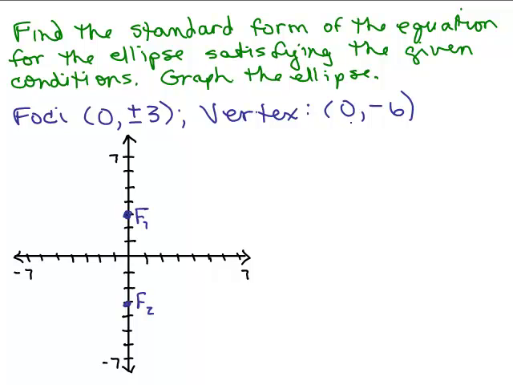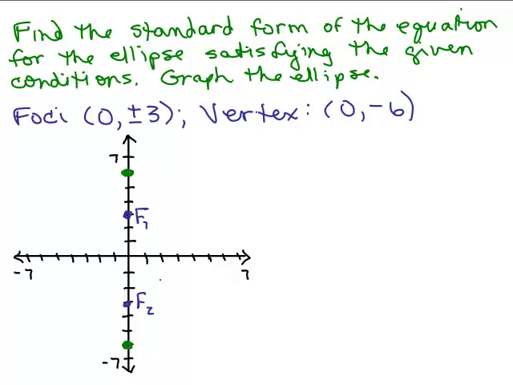And actually we know the vertex, one of them is 0, negative 6. So here we know we've got that as one of the vertices. So there's another corresponding one right on the other side at 0, positive 6. So this is going to be a vertical ellipse because the foci are on the y-axis,